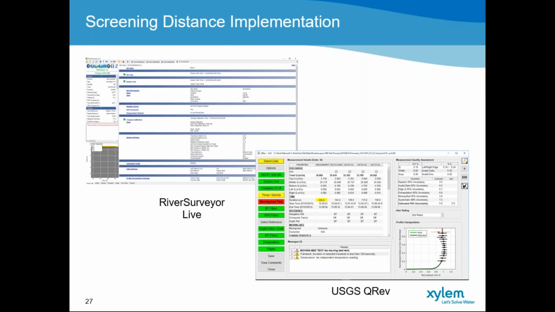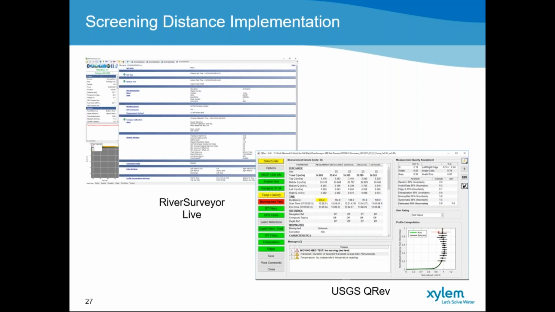So from the research that was done over the past decade or so, it was indicated that the ADCP, Acoustic Doppler Current Profiler, body or housing is creating flow disturbance on measurements performed very close to the transducer face. So the actual body itself is impacting the flow patterns around the instrument and below it. And how to account for that is either increasing the minimum blanking distance in the firmware or applying a screening